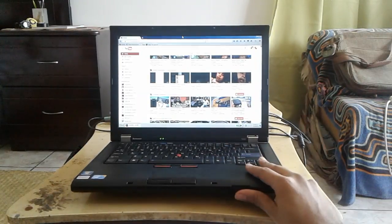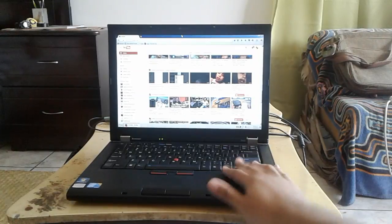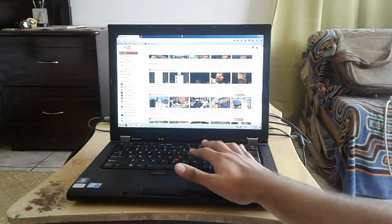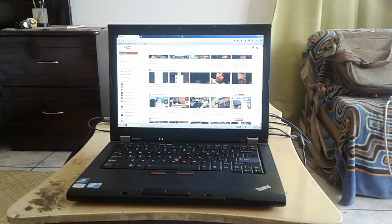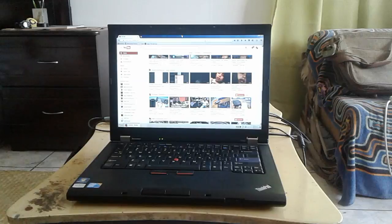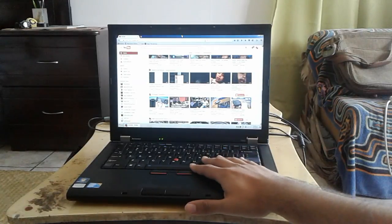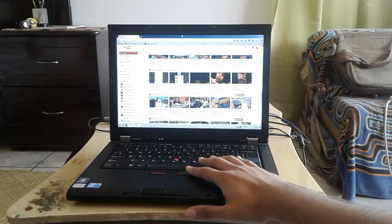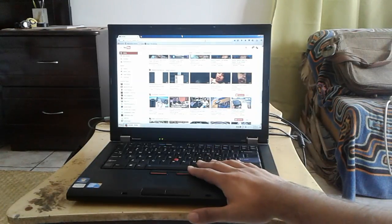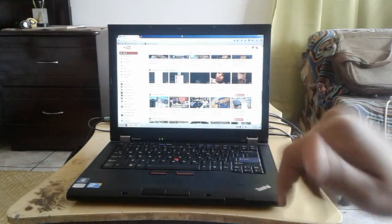This actually has a really cool cooling design, it doesn't get very hot. But when it gets hot, you won't be bothered by it, really. Anyways,